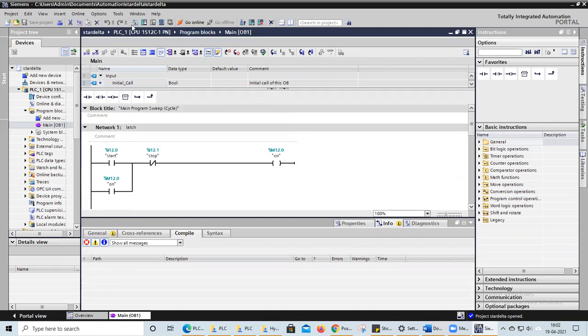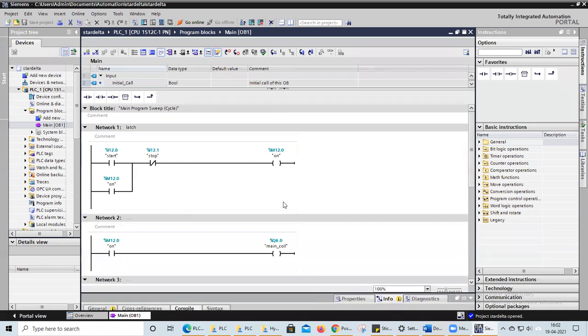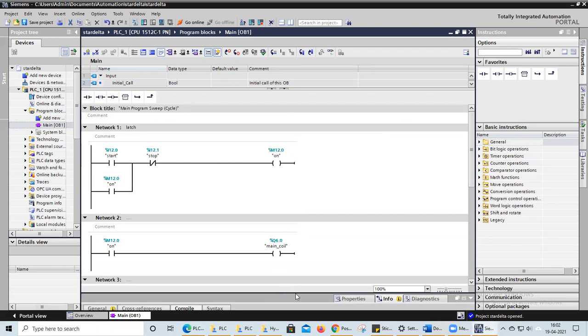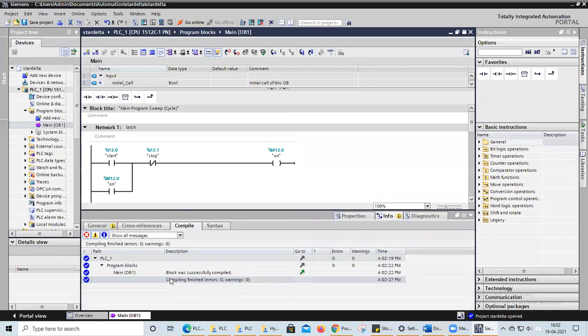Okay, fine. Now I will compile my circuit here. We know how we have written the program, everything we have written here. Now we'll compile our circuit. So it is showing the block was successfully compiled.